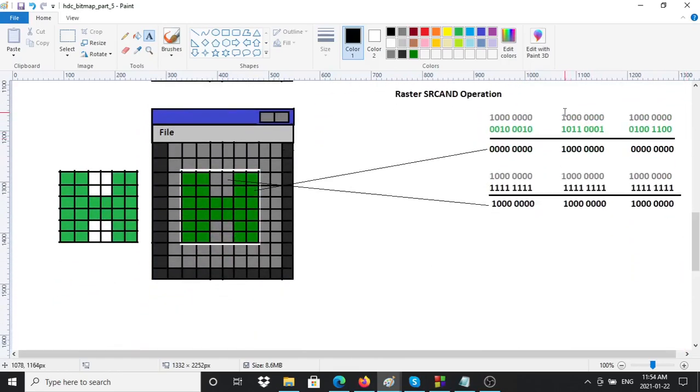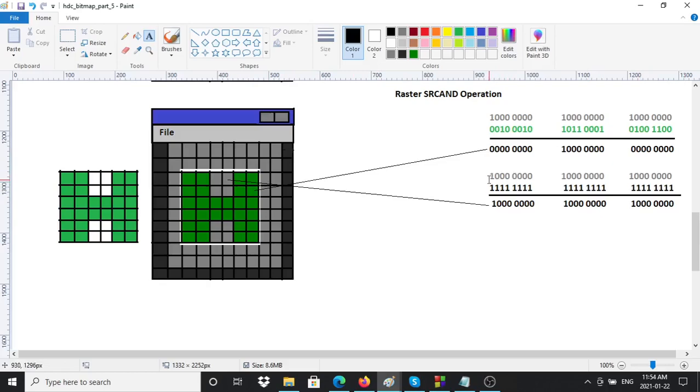The next item is green. So we have the gray area is 1, and then green 1, so we put 1. Everything else will be 0, because 1 and 0 is still 0. So green is going to be 1 and then all zeros, and blue is going to be all zeros. So when we do the copy operation, you notice that it's going to be a little bit darker green for the color inside. And when it comes to the white,